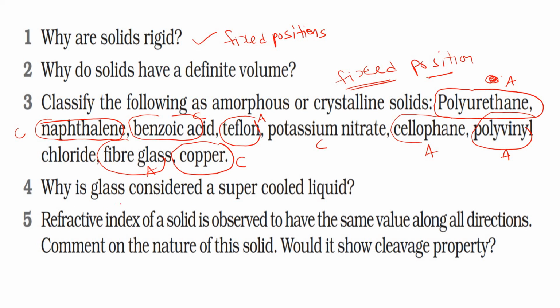Why is glass considered a supercooled liquid? When you observe, glass is a semi-state of liquid and solid. It is an intermediate state; neither a solid nor a liquid. The intermediate state of solid and liquid is called semi-solid, so glass is a semi-solid. That is the reason it can move from its position. Therefore, it is called a